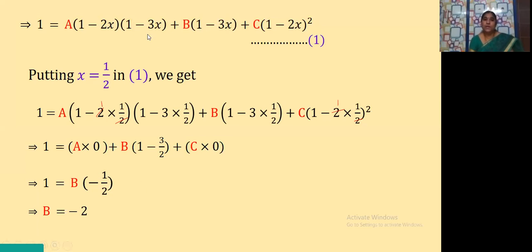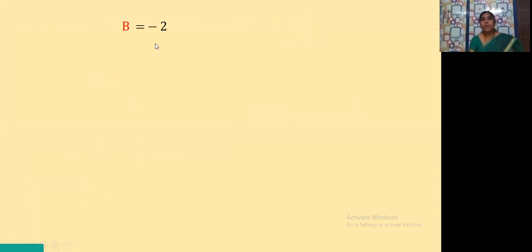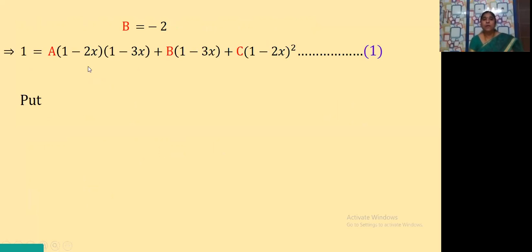Now, because if you observe the equation, we have one more linear polynomial, yes or not? A linear factor is there. So let us see that one. b value is how much we got? Minus 2. Now this is equation number 1. Now to eliminate another variable, let us substitute x equals 1 by 3 in equation number 1. Why am I putting x equals 1 by 3? Because the linear factor is 1 minus 3x. 1 minus 1 becomes 0. So to make this term 0, x should be 1 by 3. Then 3 and 3 get cancelled.